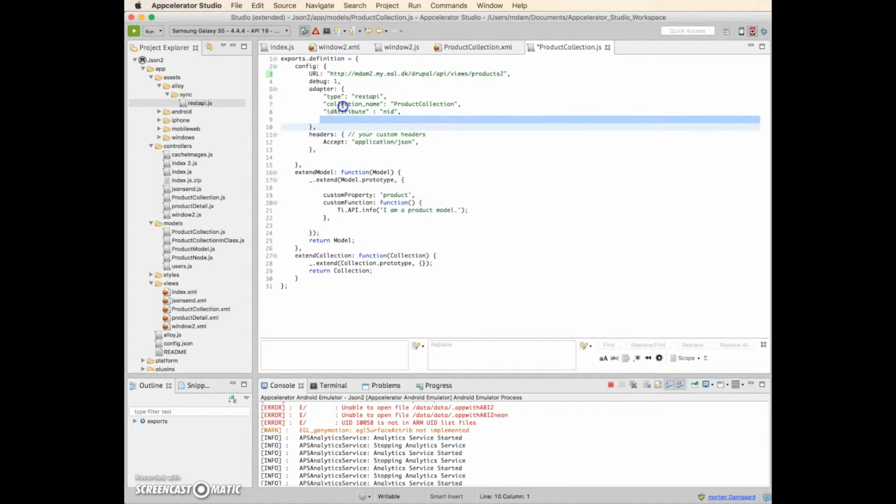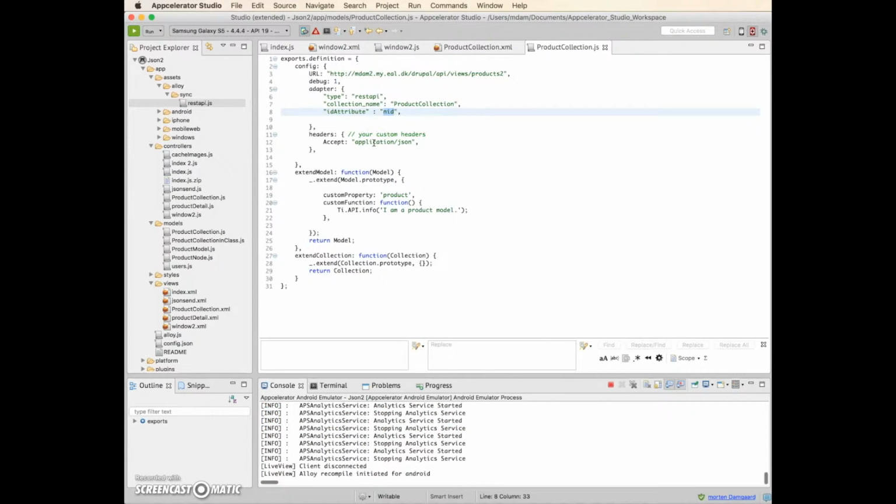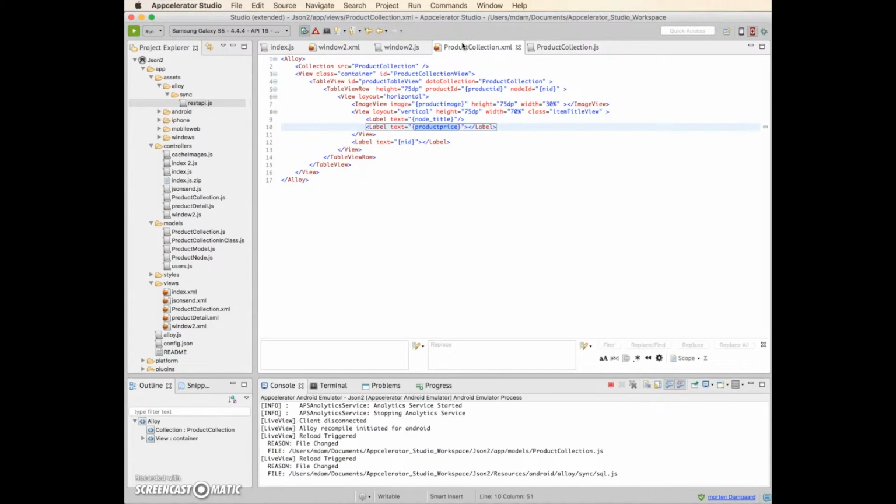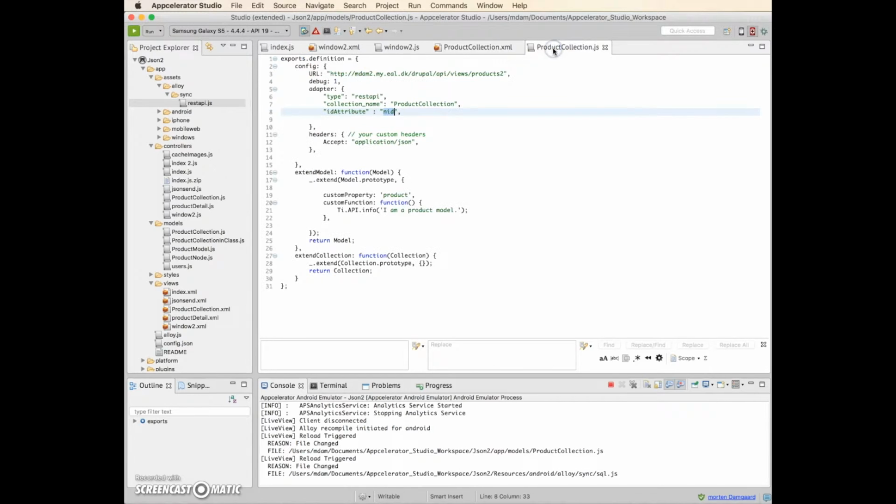So the ID attribute is node ID. The headers I set to accept application JSON, but that's perfectly fine. So that's about it. So the product collection gets the collection from the product collection in models. Okay, and it gets all the data. And if we look in this one,